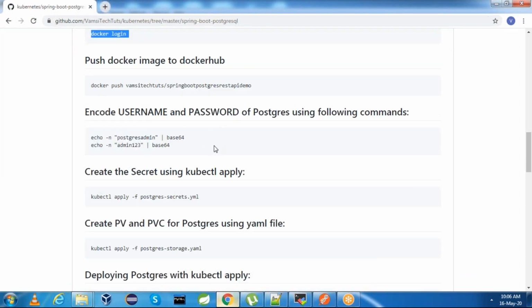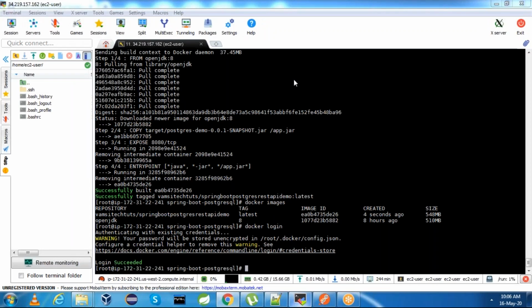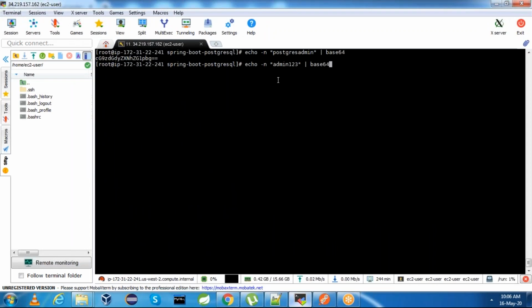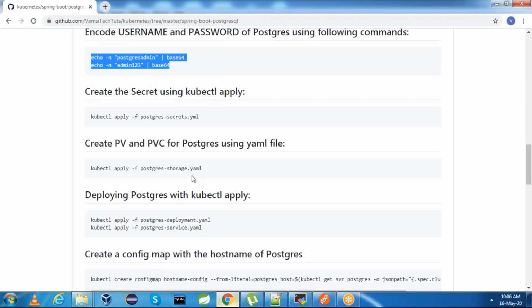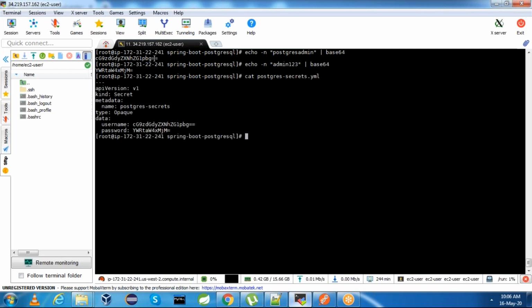Next, as we are connecting to the Postgres DB, we need to have a username and password for the PostgreSQL database. For that, you need to create a secrets file. If you execute this on the username and password, you will get base64 encoded values. These are the ones. For this, we have written a secrets file. Let me show you the secret file. This is my file. If you compare both, this is the username postgres-admin, this is the password postgres-password, which is admin123. This Postgres secrets file is perfect.